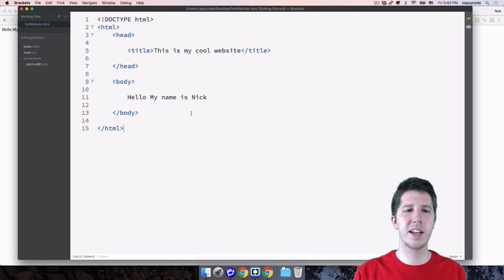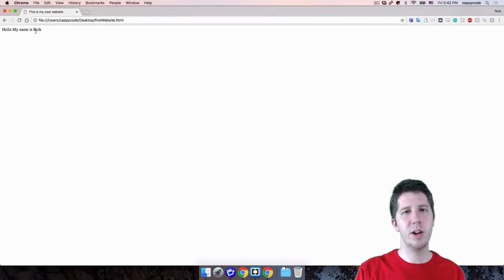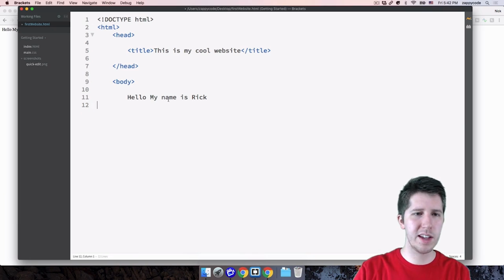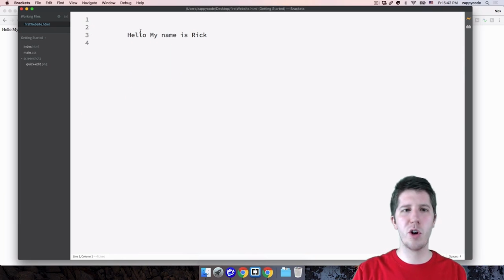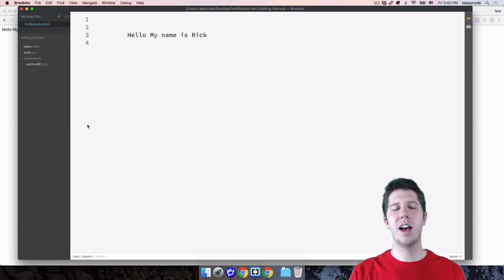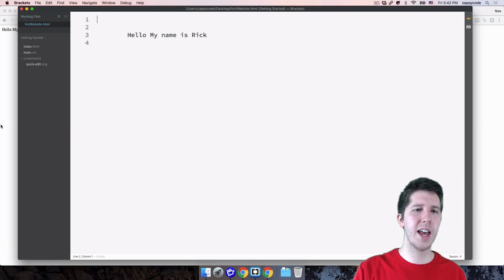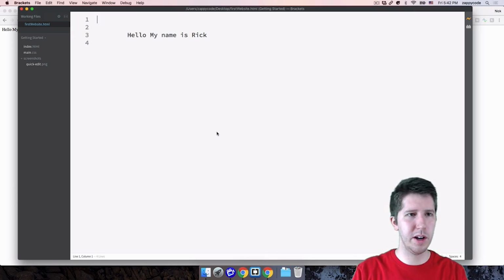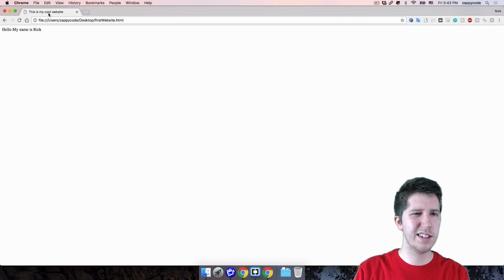Now you see, as soon as I save these changes, this did not make any difference. It still visually looks the same. If I change this to, say, Rick instead of Nick, I save this, come back, yeah, it's going to say Rick with the R there, but putting it inside of the body tag isn't going to do anything. And again, that's because modern browsers are smart enough to know, hey, if you just gave me something like this, hello, my name is Rick, you don't provide doctype header, the head tag, HTML tags, it's still smart enough to say, I probably know what's going on. Let me make sure I save this. It still has that title.